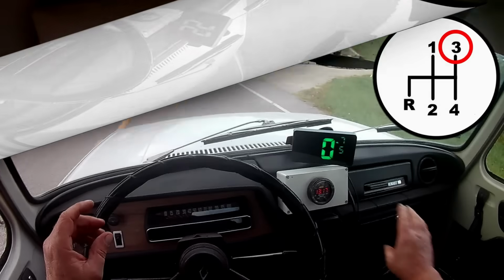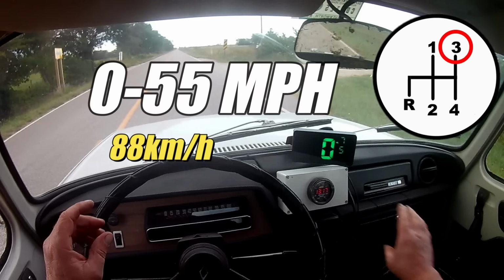acceleration test. In the past, our acceleration tests were from 0 to 55 miles per hour, but from this point forward, we're only going to take the car up to 50 miles per hour, and the reason is, by the time we hit 50 miles per hour, we're past the red line of the engine, and no matter what we do, this more or less stock engine doesn't seem to make power above 4,000 RPM. Anyway, once we hit 50, I'll shift the transmission into 4th gear and continue the acceleration test up to 55